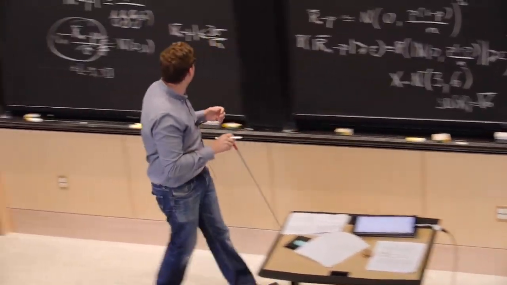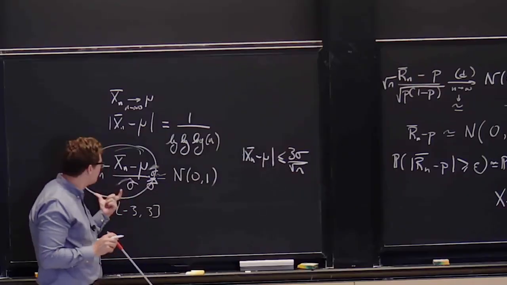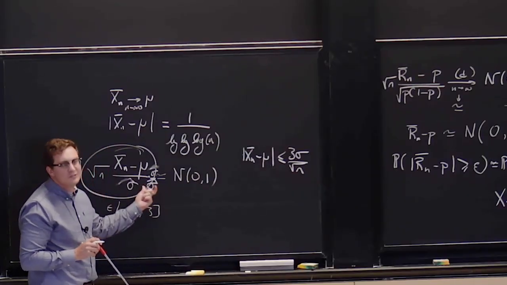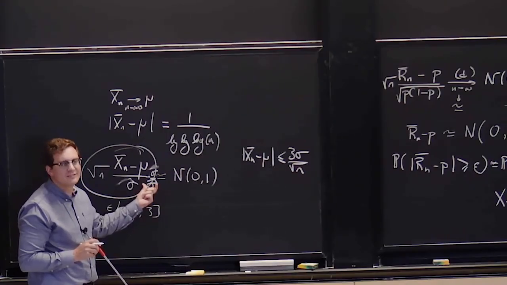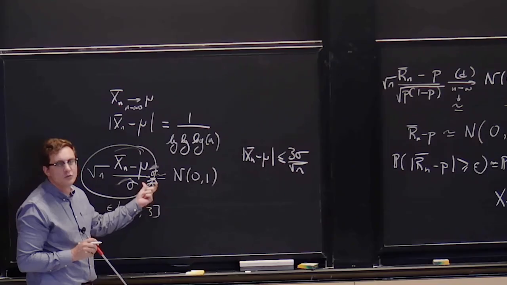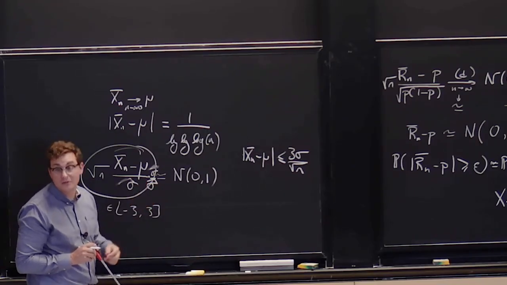But still, I want to be able to do this. So I have a convergence in distribution, and I would like to multiply it by another convergence. But hopefully, this convergence is strong enough. This is convergence in probability to a number, 1. And that's going to help quite a bit.